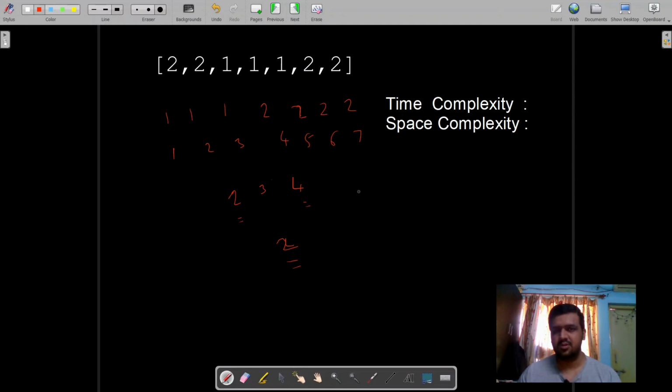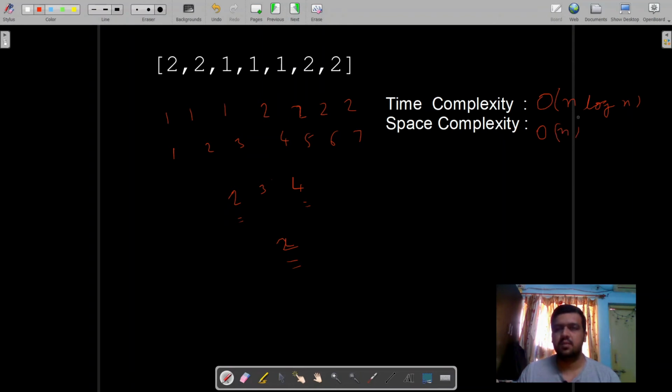So this approach seems fine, very easy. We just have to apply a sorting algorithm. But what could be the time complexity in this case? The time complexity is order n log n. In terms of space complexity, it depends on which sorting algorithm we use. If I use merge sort, then it will be order n.